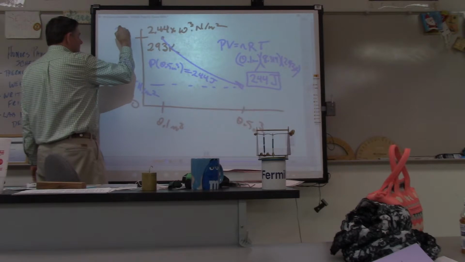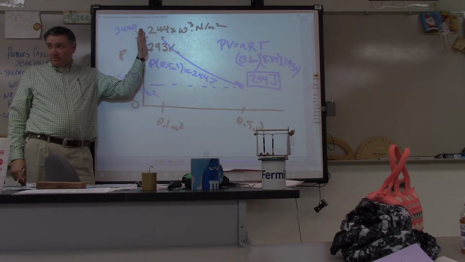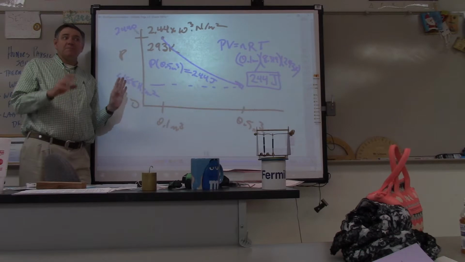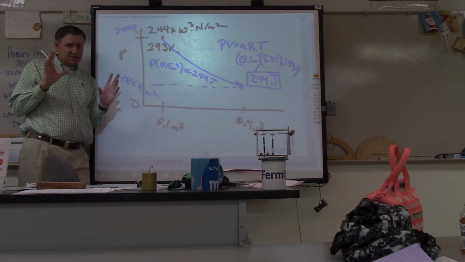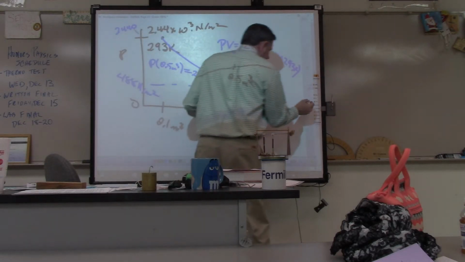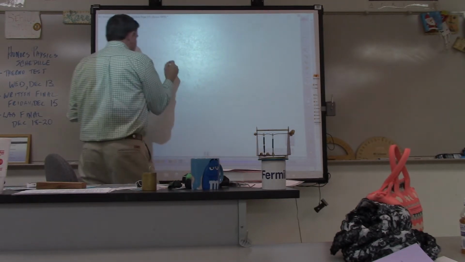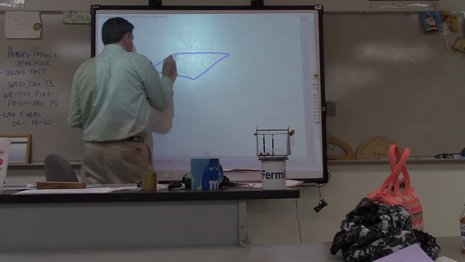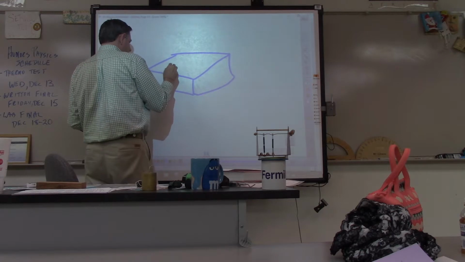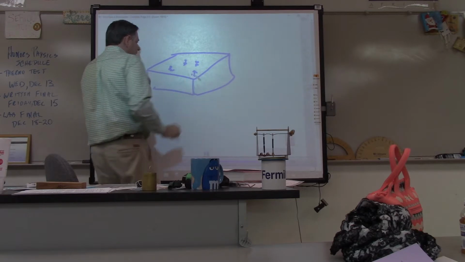So look at this. Initially I had a pressure of 2,440 newtons per square meter. Now I've dropped that down to 488. So now let's look at this. What's happening on an atomic level? Here's the other thing that you have to visualize in terms of what's happening on an atomic level. So we're going to talk extensively with Timmy and his second grade class. Okay? So here's Timmy's second grade class. And we got a certain number of Timmys running around, okay?